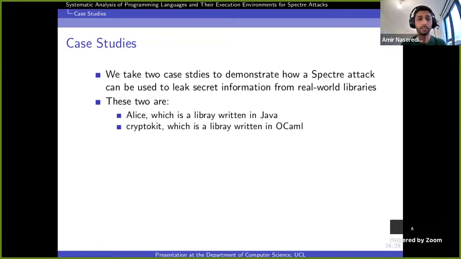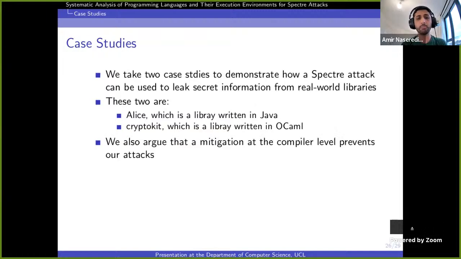The second one is a well-known crypto library called CryptoKit, and it's written in OCaml. In both cases, we were able to retrieve the secret, and we also argued that if we had a mitigation at the compiler level, we would be able to prevent the attacks from happening.